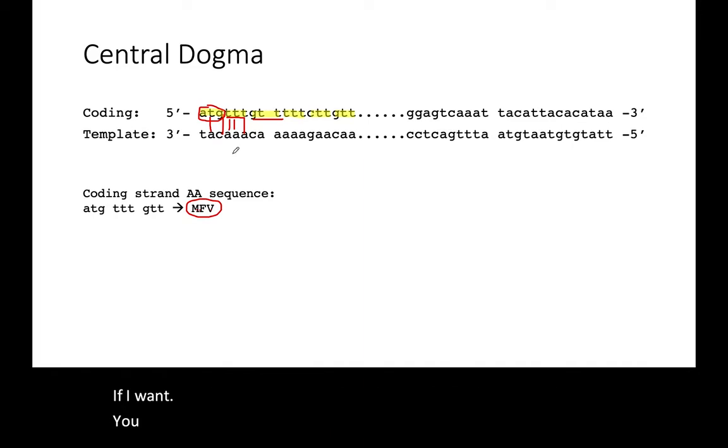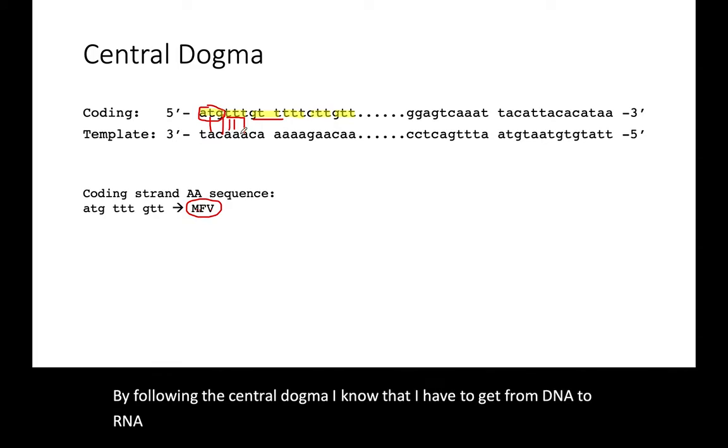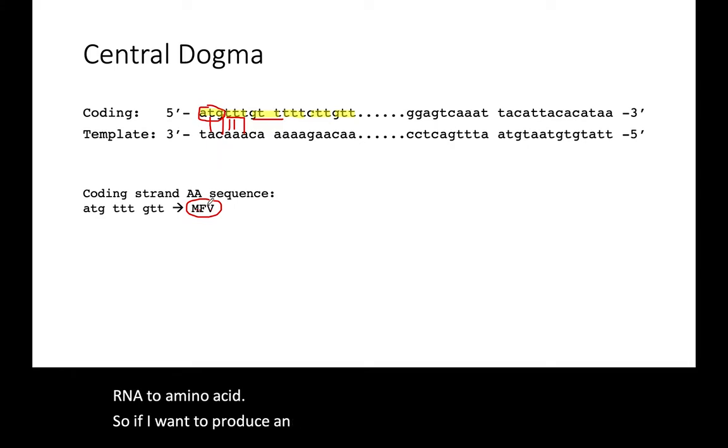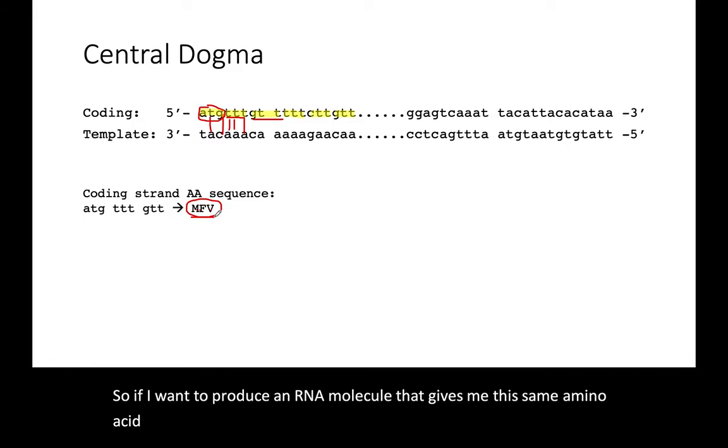By following the central dogma, I know that I have to get from DNA to RNA to amino acid. So if I want to produce an RNA molecule that gives me this same amino acid sequence, how can I do that? So let's look at the wrong way to do it first, and that is by converting the coding